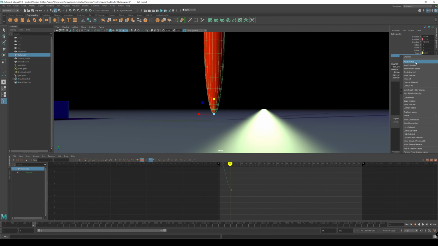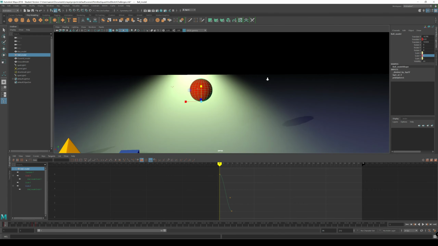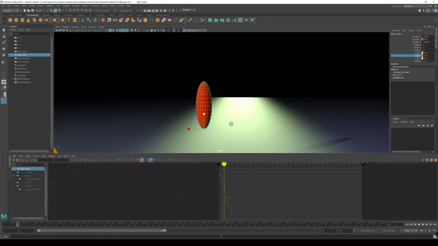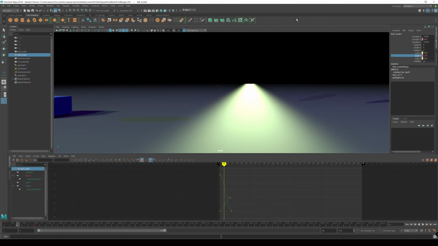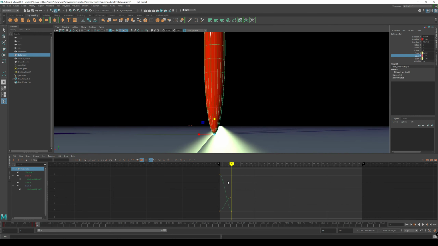So if I zoom out now, the ball is still stretched, and that's what we want. We don't want the ball being unstretched. I mean, we could, like if this is where the ball was starting its fall, there would be no stretch on it. So let's key that, just see how that looks. Okay. All right, and then